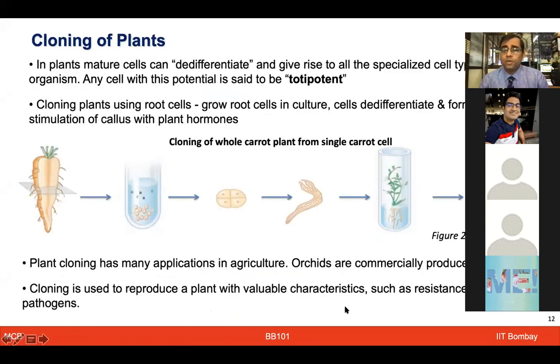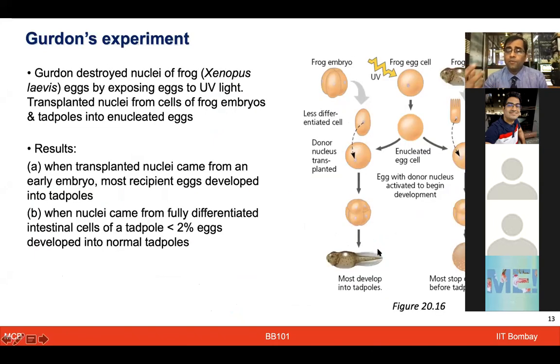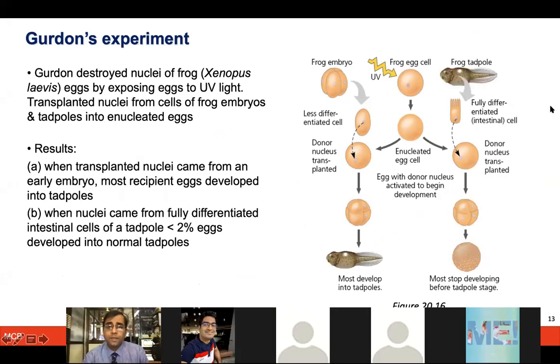We talked about cloning very briefly. Plants have a more specialized potential in the cell, that they can get specialized into any kind of cell, and that is known as the totipotency of the cell. And I showed this example of taking a carrot, taking a cell, and inducing it to make callus. With different hormones like cytokinin and gibberellic acid, one could now make the root and shoot, and you can develop the full plant. We also talked about Gurdon's experiment on frogs, which was quite an interesting experiment.